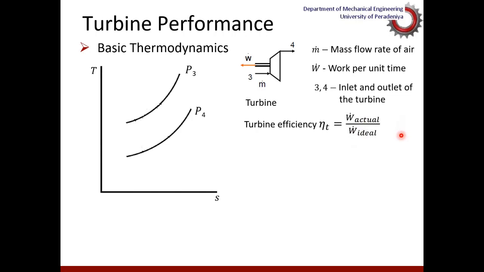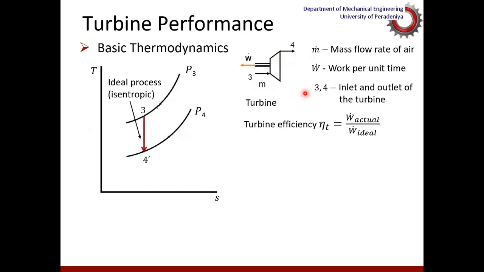Now, if you look at the TS diagram again, in this case the pressure would reduce as the turbine rotates. Some of the energy is absorbed, the pressure energy and the kinetic energy of the incoming exhaust gases would be converted into work, so the pressure would be reduced. So initially, this is the pressure at state 3, that is the intake to the turbine, and this is the pressure at state 4, the exit of the turbine.